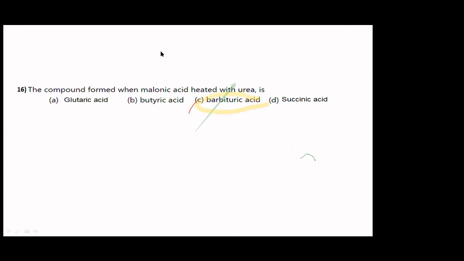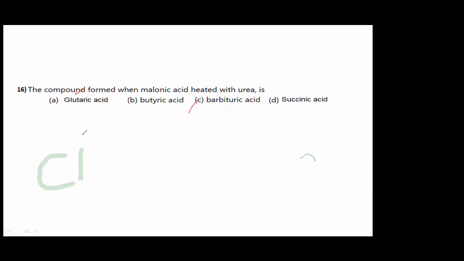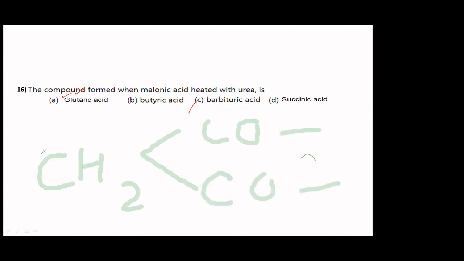Okay. So the question here is, what is glutaric acid? It is given in your textbook. You are expected to know that. Glutaric acid is pentane dioic acid, isn't it? It is given in your textbook. You just see pentane 1,5-dioic acid. That's correct. CH2CO. Yes, correct. True. Butyric acid is just butanoic acid.